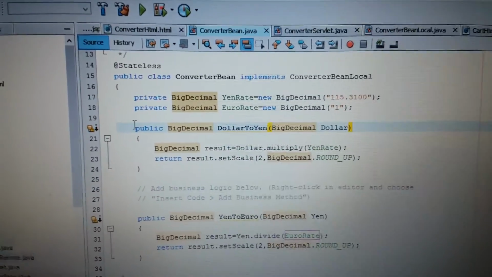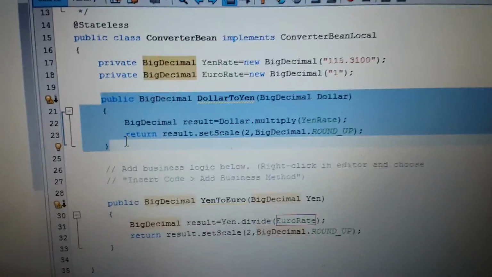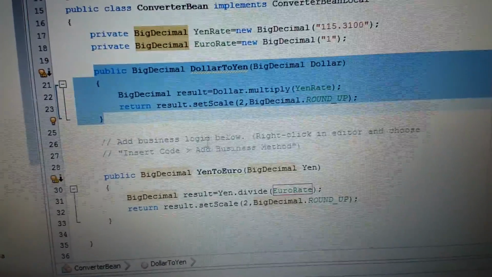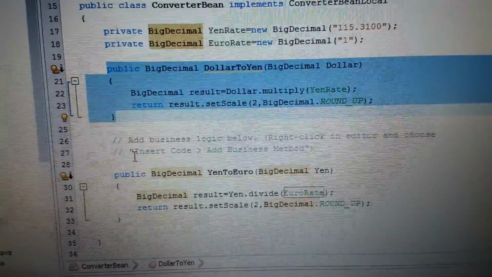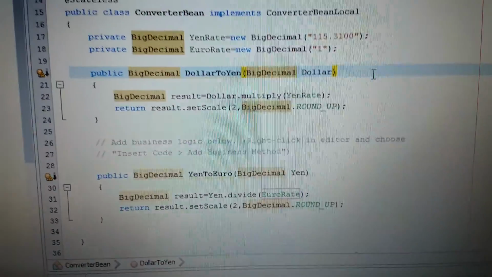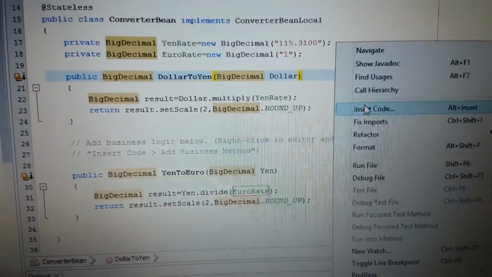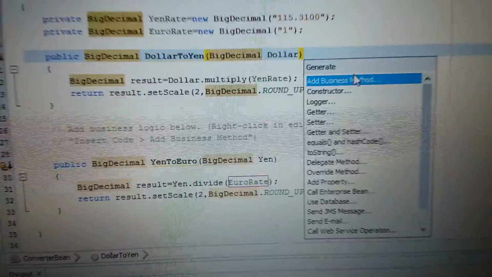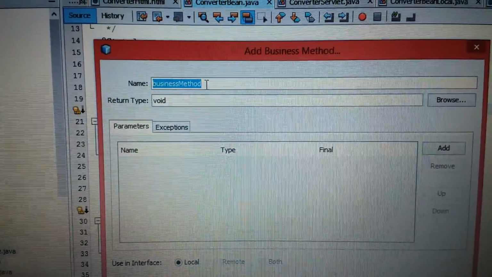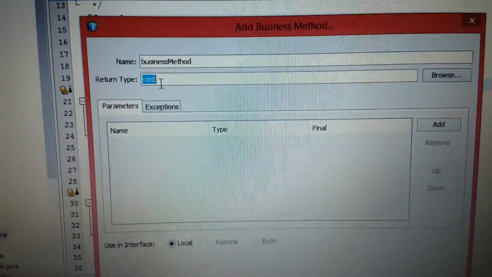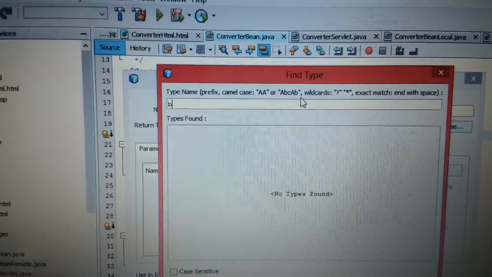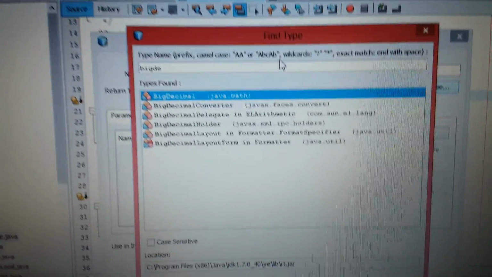So here you can see I have defined it. You can define it as the instructions are given over here in the comment section, that is insert code and then add business method. You can right click, go to insert code, and you can see add business method over here. Here you will write dollar to yen, that is your method name. Here you will write the big decimal. You can either type or you can browse and type over here, that is big decimal,